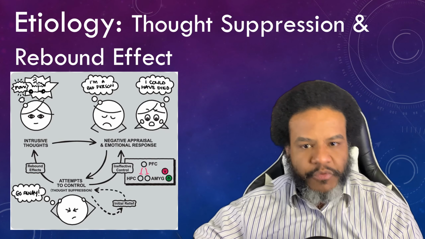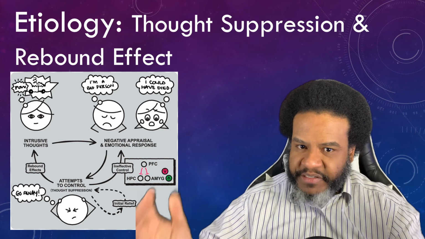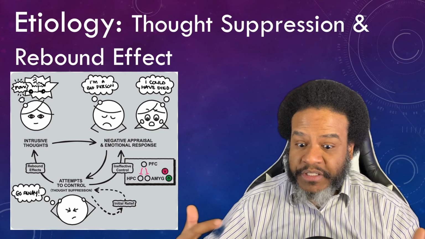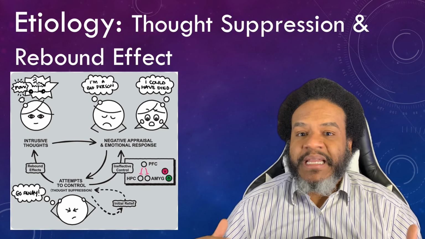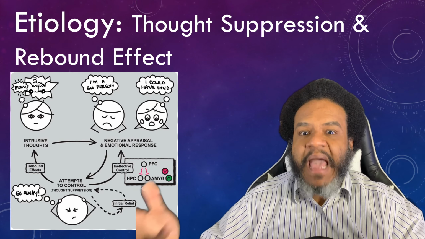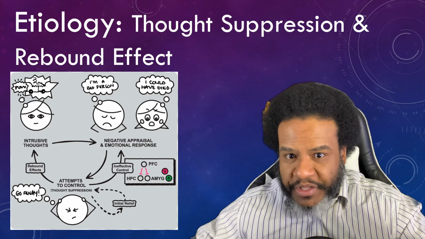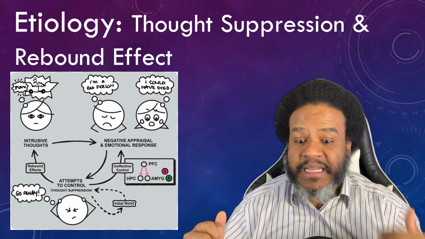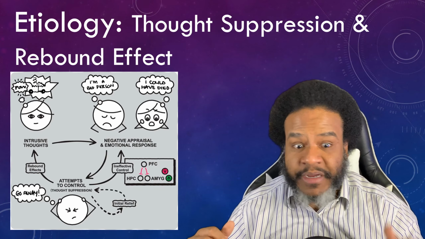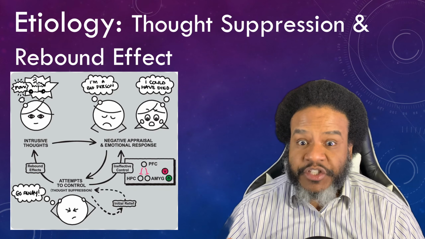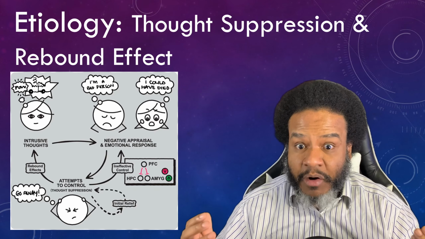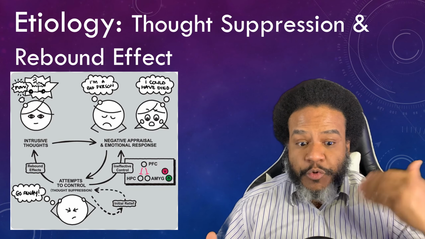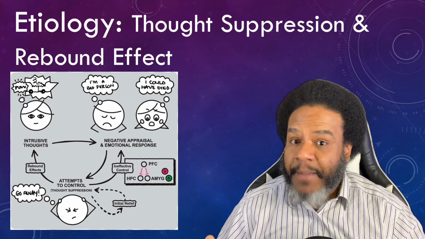So like we said before, with OCD, individuals understand that their obsessions and compulsions are unreasonable. So one person who wants to try to stop these compulsions might engage in thought suppression. So they have this compulsion to do the thing that they need to do to counteract the obsession. The obsession might be something bad's going to happen to my mother if I don't check this thing. So having that thought now all of a sudden puts me into this state where I'm like, okay, I have to do this thing to stop something bad from happening to my mother.